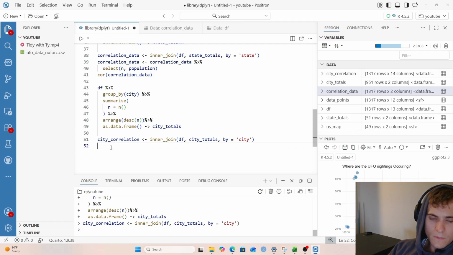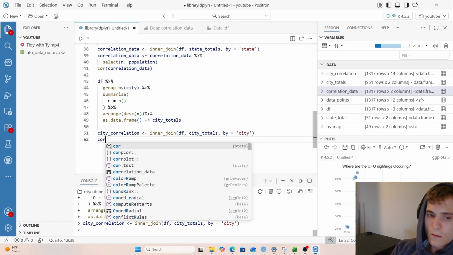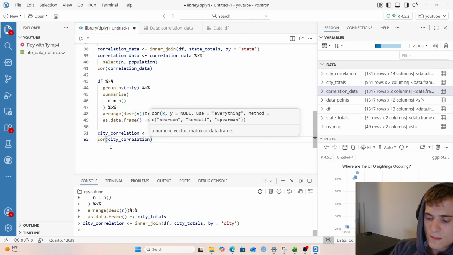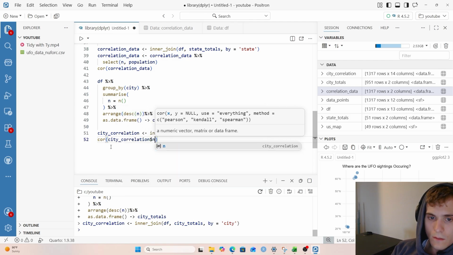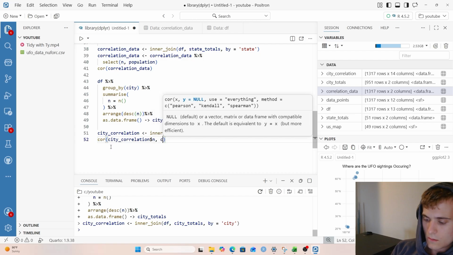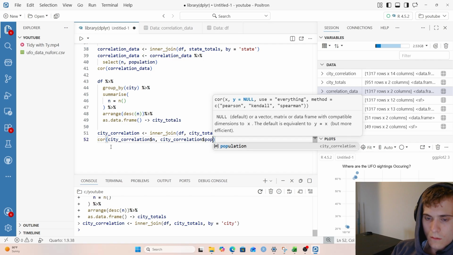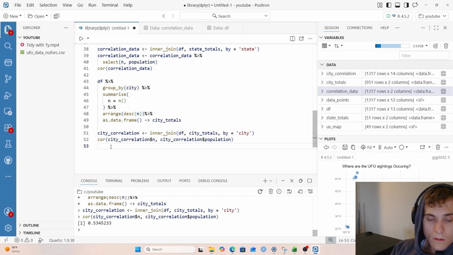Okay, now let's try. I could have just done it like this the entire time. Okay, that's interesting. So we have a pretty good correlation between city population and the number